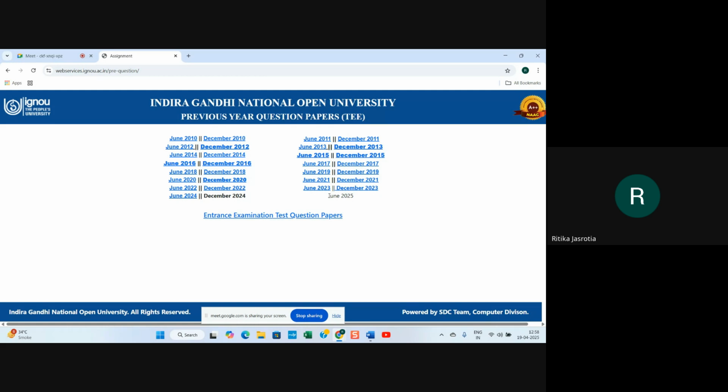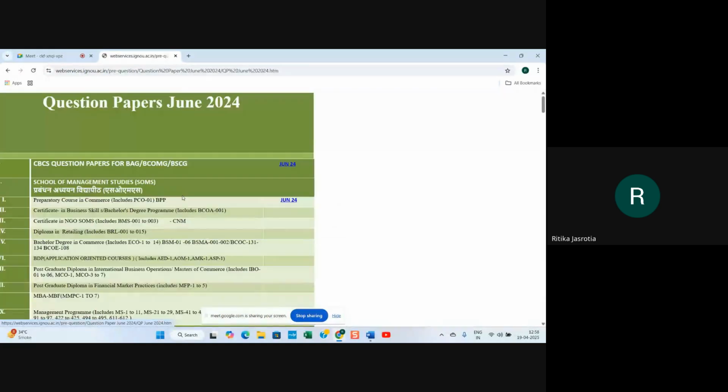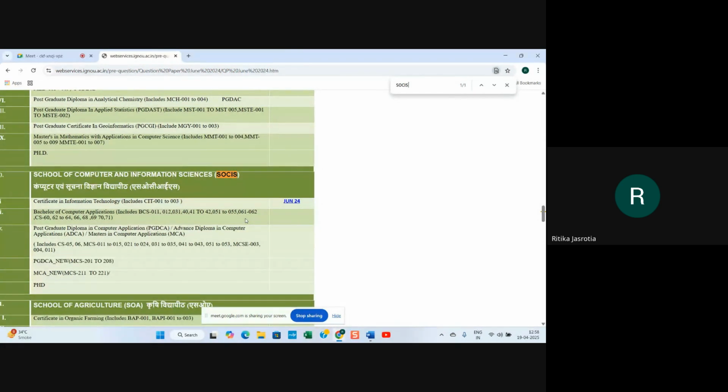Right now they are not up because June 2025 has not happened yet, and December also they have not uploaded yet, but June 2024 papers you can go for. Just press Control F and search SOCIS, that is School of Computer and Information Sciences. Under that there are MCA, BCA, PGDCA, whatever courses. So you have to search SOCIS.